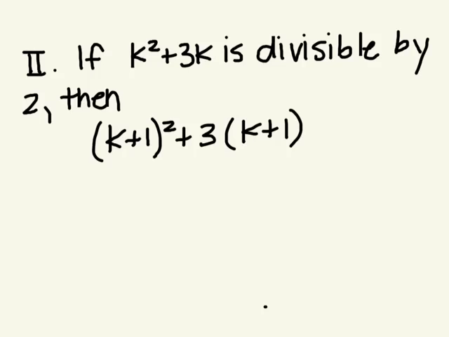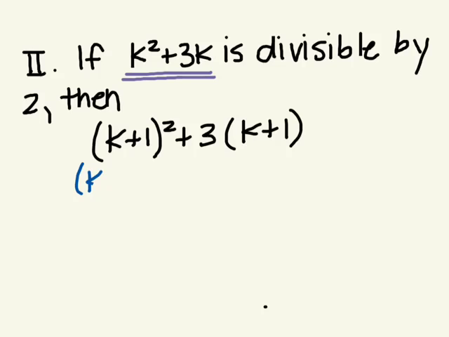And we could factor out a k plus 1, but in this case, that's not really going to help us. If anything, we want to kind of match this guy. We know this original statement is divisible by 2, so if we can get k squared plus 3k, that will help us. So we're going to just do some